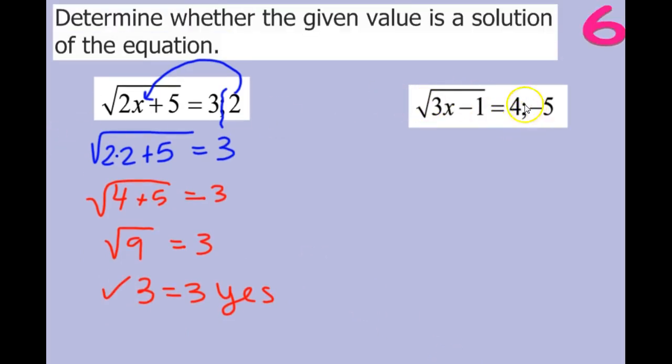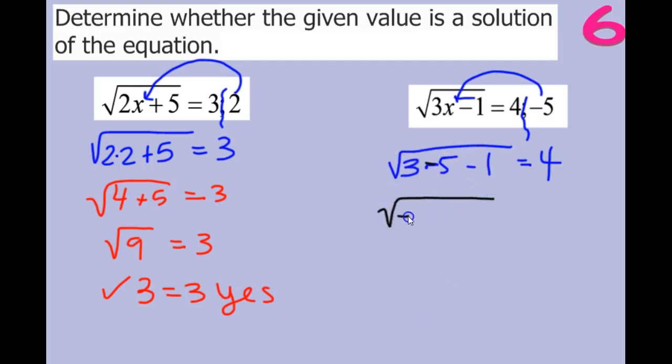Alright, same thing on the next one. We're going to plug in a negative 5 for x. So we have 3 times negative 5 and then minus 1. See if that equals 4. 3 times negative 5 is negative 15 minus 1. These are all negatives, so this is the square root of negative 16, sorry, they're all negatives,